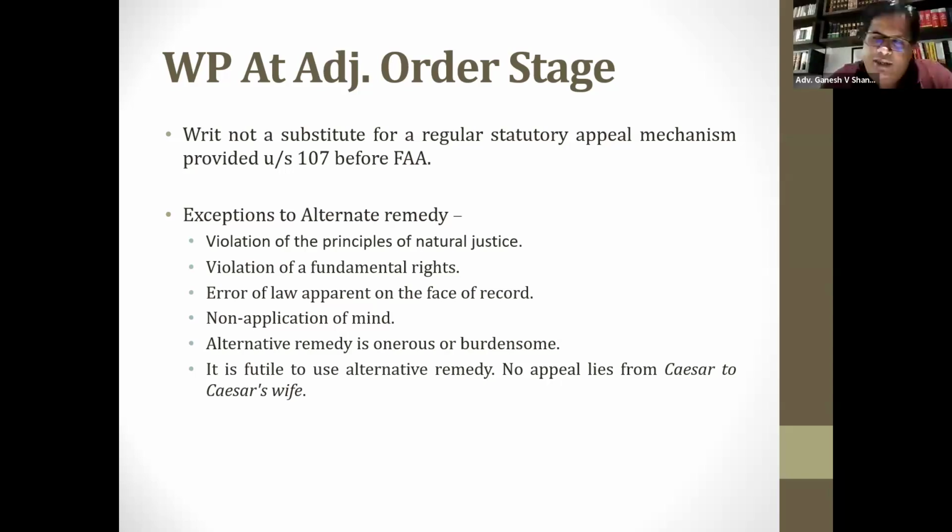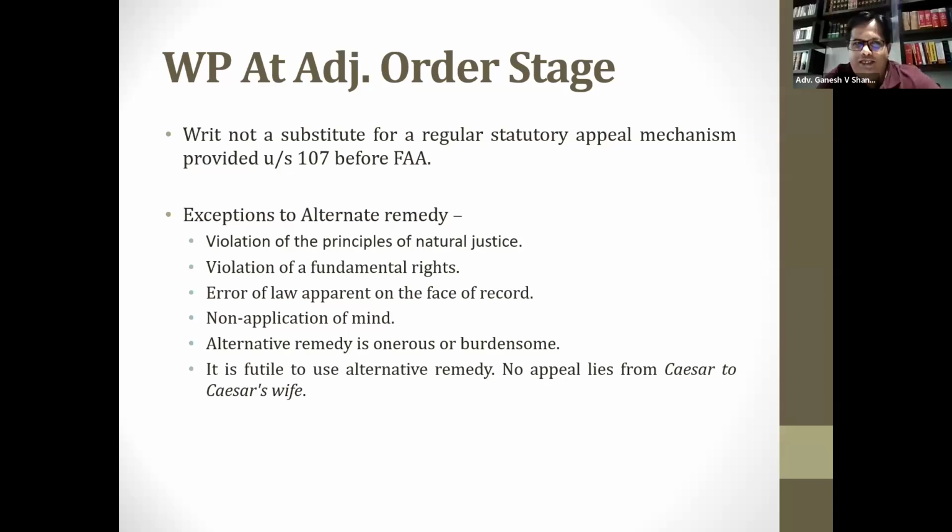There is no express stay. There is no implied stay by filing a petition. You need to have an express stay from the court. These stays are not given for life. They are given only till the next date of hearing. Every time you have to renew this stay. It is a moving target. Every hearing you have to ask for a further extension of the stay till the next hearing.